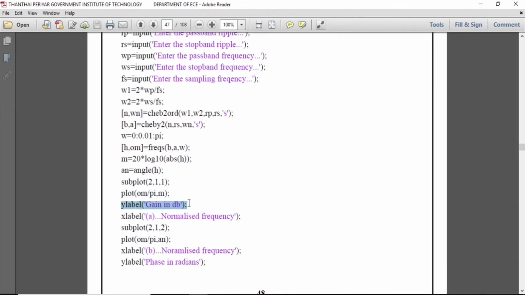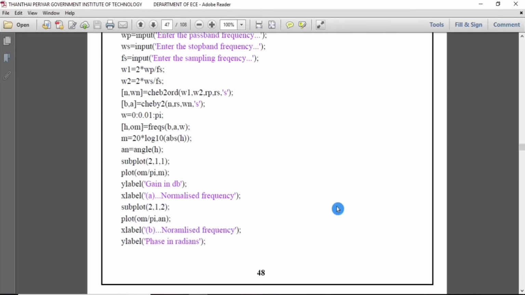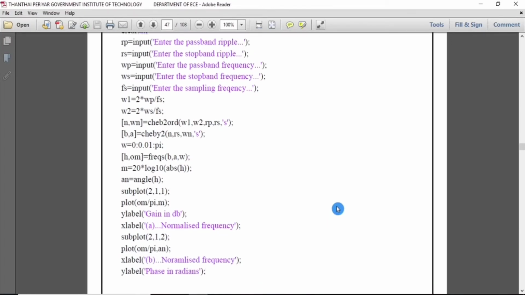Then ylabel we are giving as gain in decibel, and xlabel as normalized frequency. This is for the magnitude response of the low pass filter, and this is for the phase response. Again we are giving subplot, plot, xlabel and ylabel for the phase response. This is the program for our low pass filter.